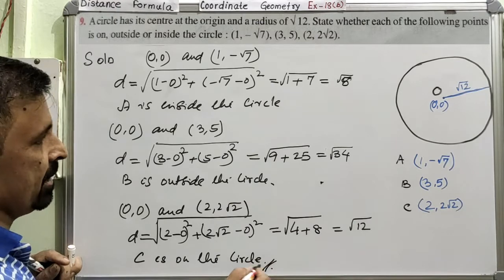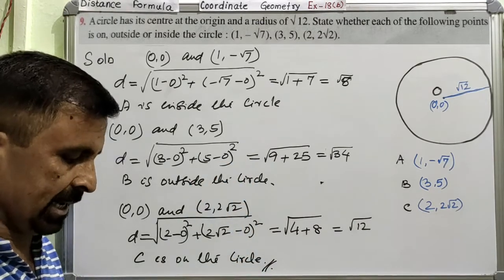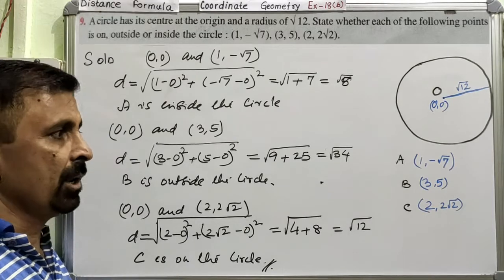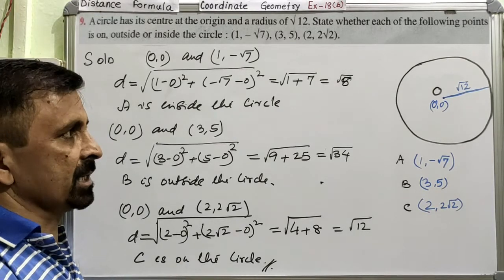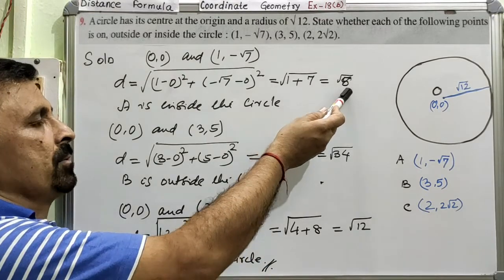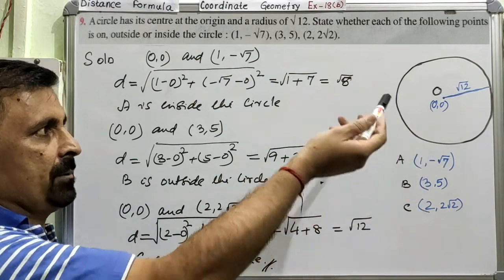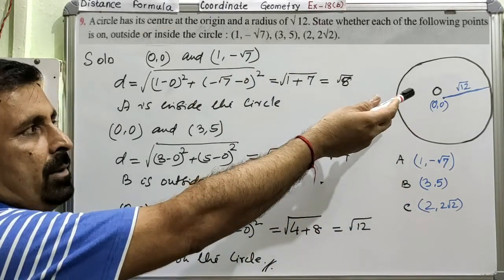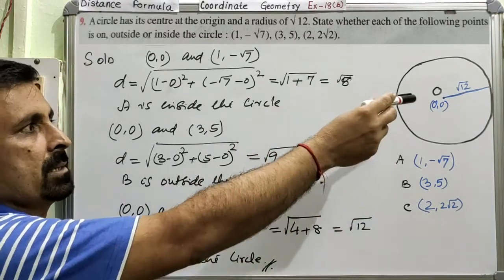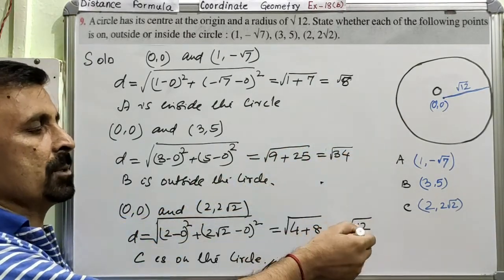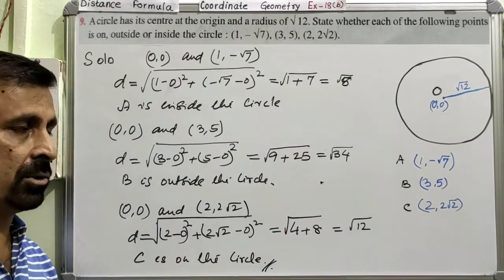So you can see here how we have found whether these 3 points A, B and C are inside the circle, on the circle or outside the circle. This we calculated by using the distance formula. When the distance comes greater than the radius, then the point has gone out of the circle. If it has come less than this, then that point has come inside the circle. And if it is same as the radius, then the point is on the circle. Is this very clear? So this is your question number 9.